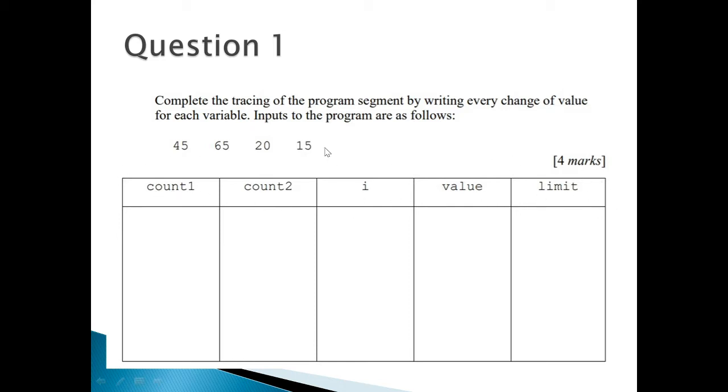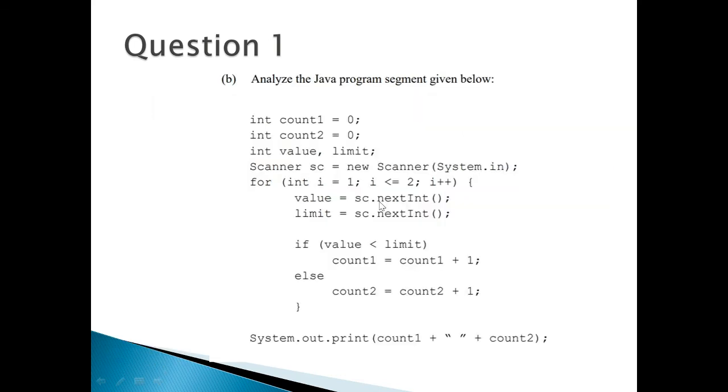If you remember, I taught you before that there is no fixed format for a dash check table. You create your own format. But this time the format is given, with the field names already filled. So the next step is to follow all the fields and just enter the values. This is the input. So, analyze the program.